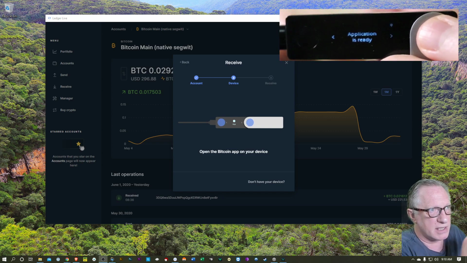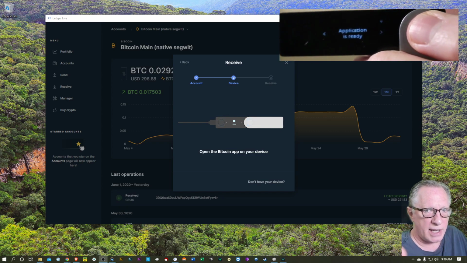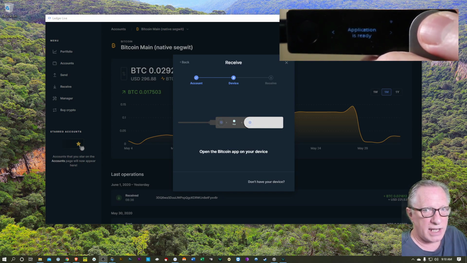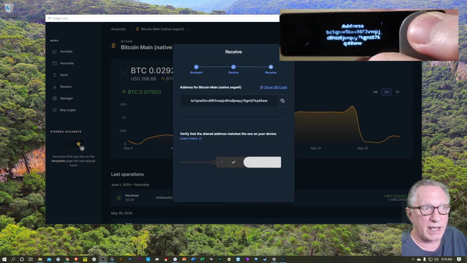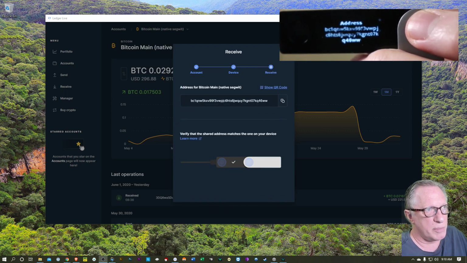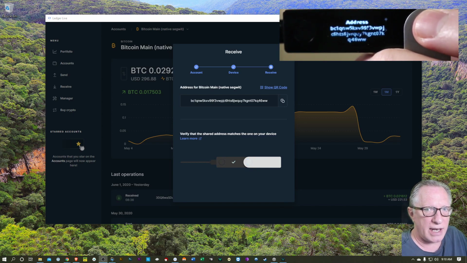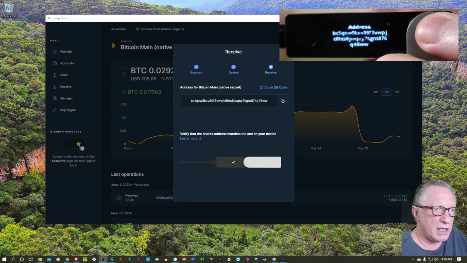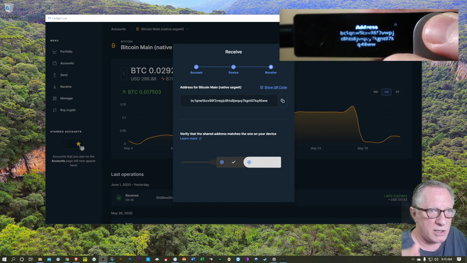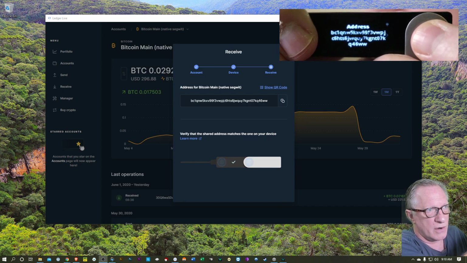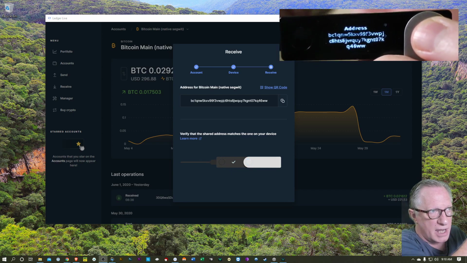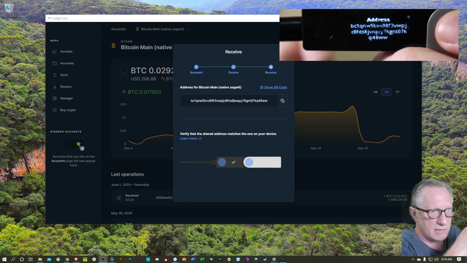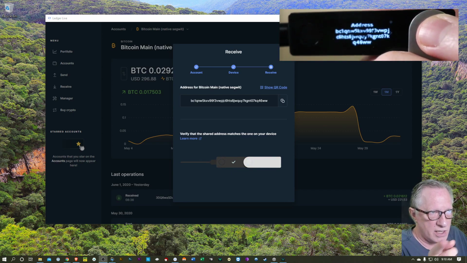So I'm going to hit both buttons here. And you'll notice that my computer screen, which is running Ledger Live, will now recognize that I've entered the Bitcoin app, and it's going to generate a brand new receiving address for this wallet. No one has ever sent Bitcoin to this wallet using this address. And I can verify it on my device and double check to make sure that it matches the one on my screen.